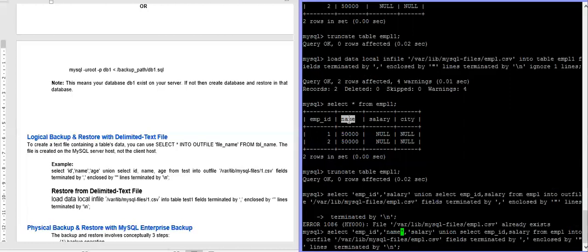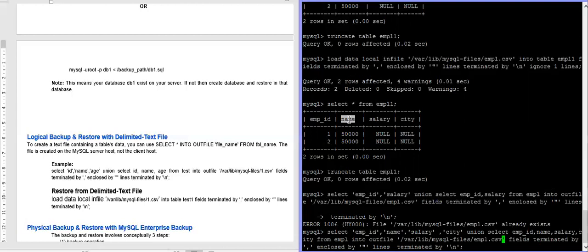You'll have to write in the similar order: empid, name, salary, and city, from EMPL.